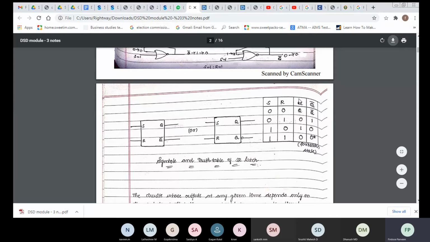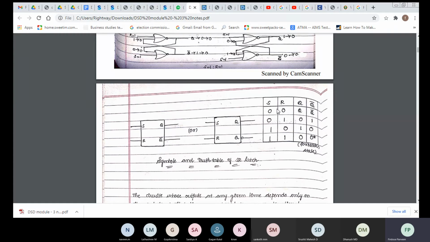Actually, this is Q, and we put a plus here. Q plus indicates it is the next state. I have not written it here, but it is Q plus actually. Here it is Q bar plus, you can put a small plus as a superscript. Q plus indicates the next state, and Q indicates the previous state. So 0 0 means if previously it is 0, it remains in 0. If previously it is 1, it remains in 1.